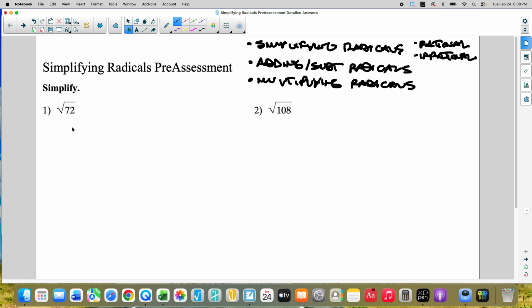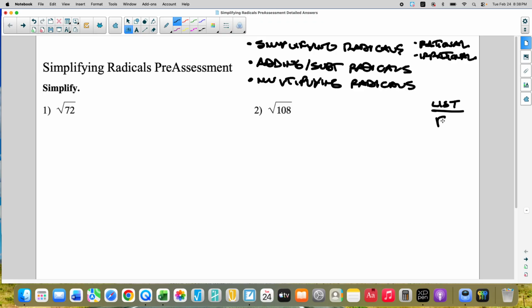We're going to simplify. We have to determine, is this a perfect square or is it a radical that can be simplified? Does it have a perfect square factor? 72 is not a perfect square. We should be memorizing all of our perfect squares. If we want a list